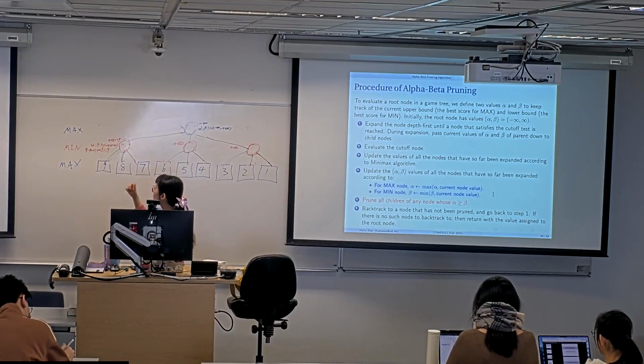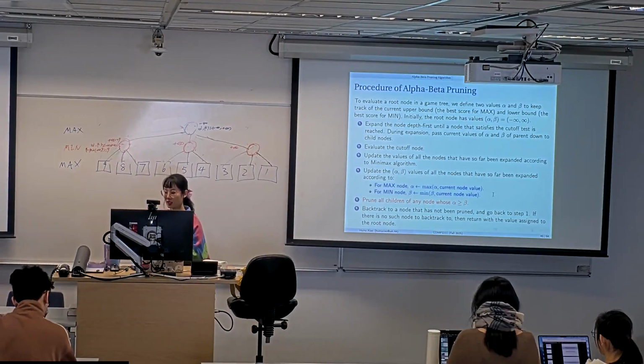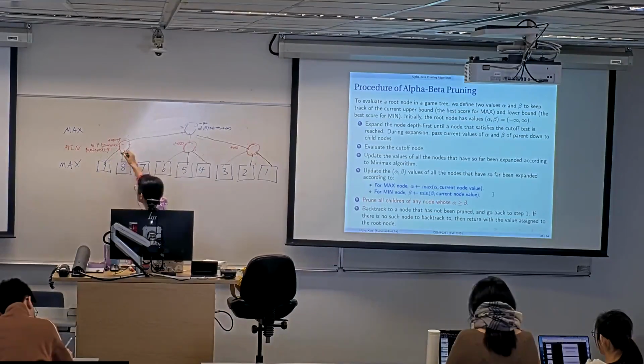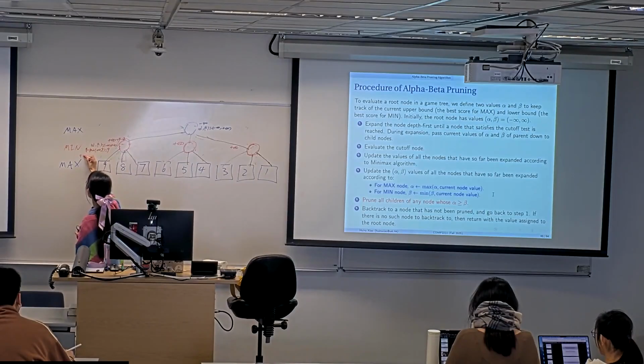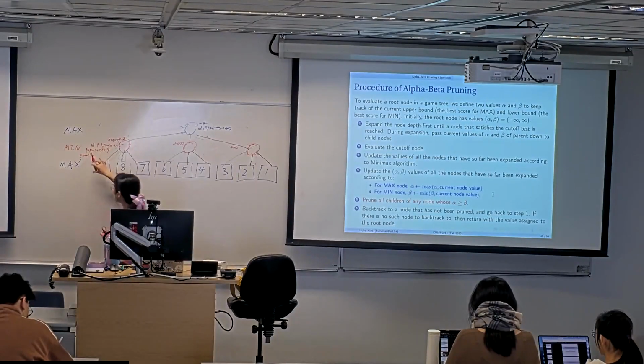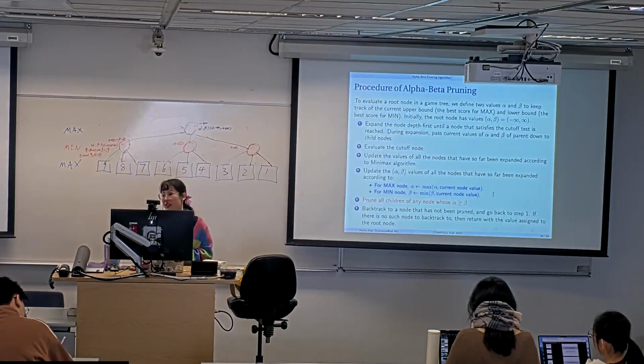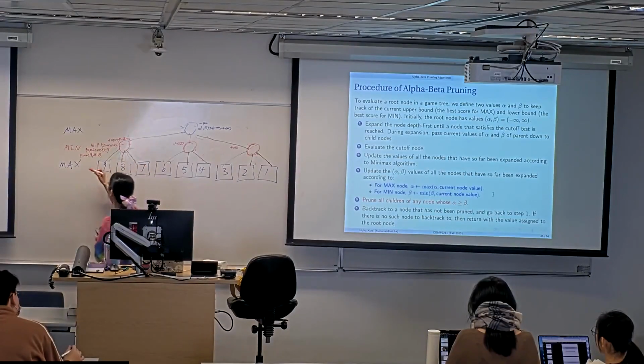So that means now alpha beta for this min node is negative infinity and none. And we continue after it receives another value from this child, 8. The node itself will be updated to have the value 8 because 8 is smaller than none, right? And this beta will get updated to the minimum between the old value none and the new value of this node, which is 8. And it receives the last child value, which is 7. So the node itself will get updated to 7, and the beta will get updated to